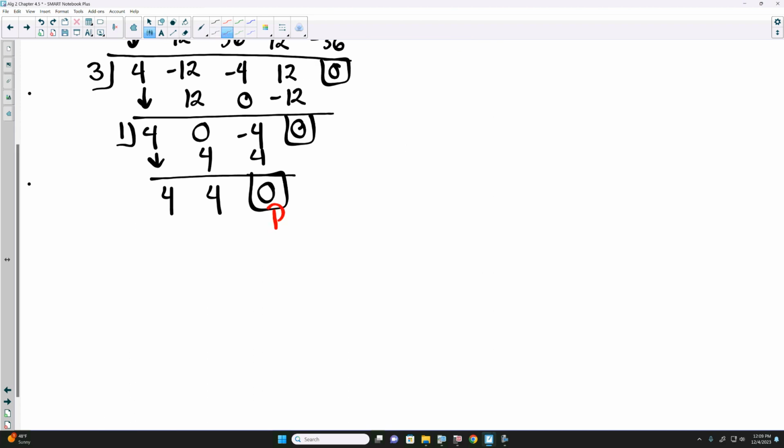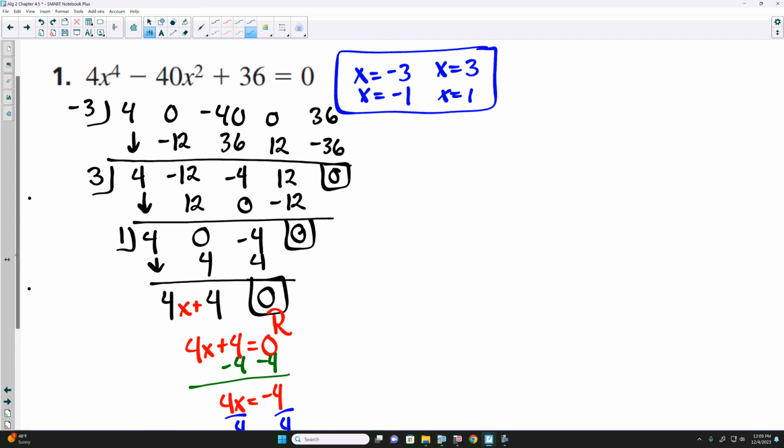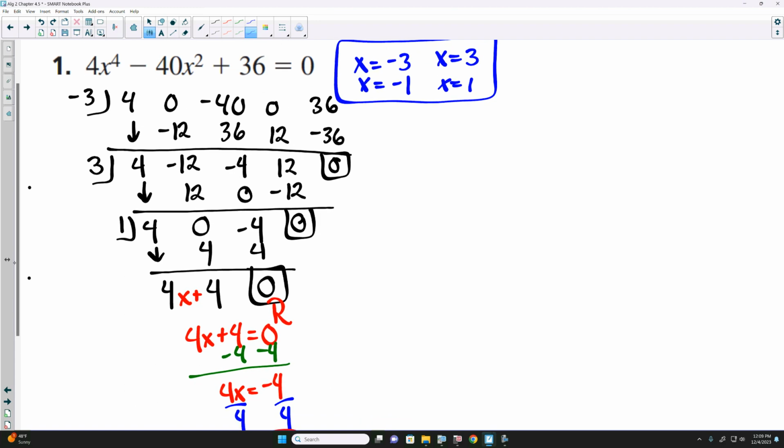At this point here, we can put the variables back in because now we're back to a degree 1, telling us that all we have left is 4x plus 4. And if we solve this here, first thing we would do is subtract 4, telling us that 4x is equal to negative 4. Divide both sides by 4, telling us x is negative 1. So it did confirm that our 4 solutions for this here are negative 3, 3, negative 1, and 1. Well, we'll stop there for today, and we will continue this